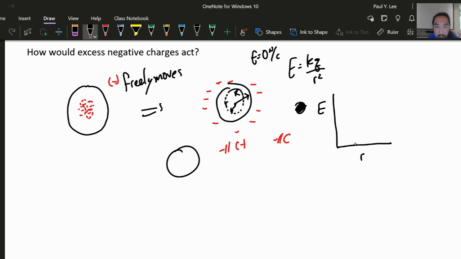So in this case here, from up until that capital R, we say that our E field is actually a big fat 0. But what if your r equals R? So when your r equals R, if we were to take a look at the E field formula and the relationships, we know that it's inverse square proportionality. So when we are at R, we have the greatest amount of E field. And so the E field actually shoots up